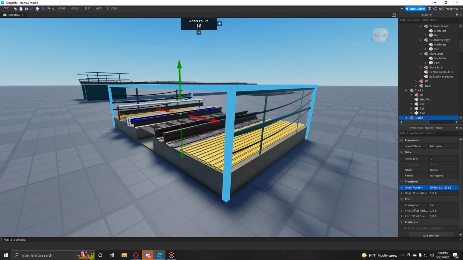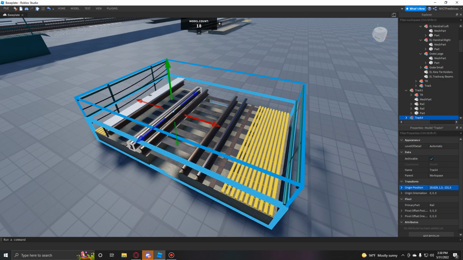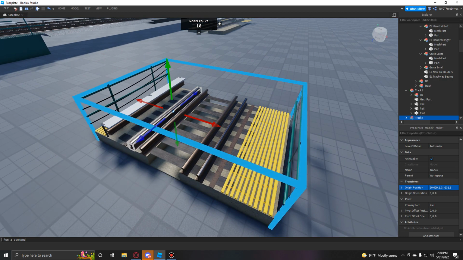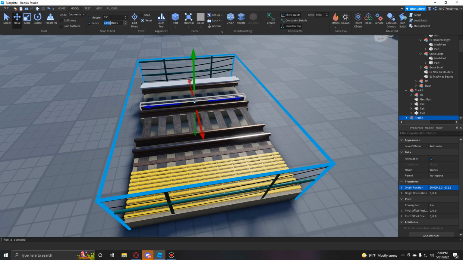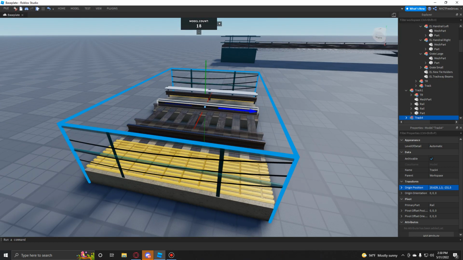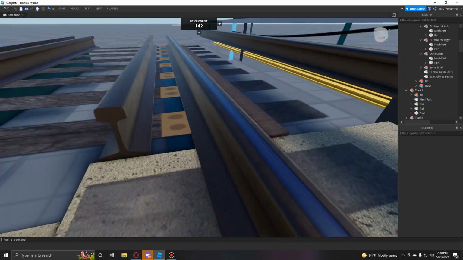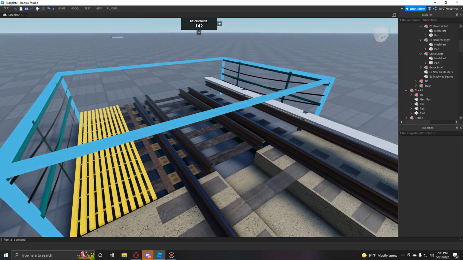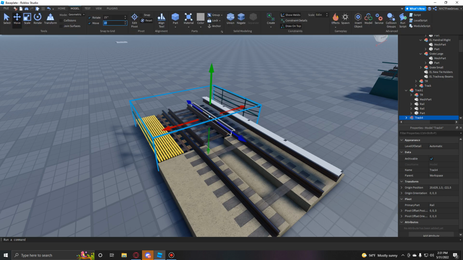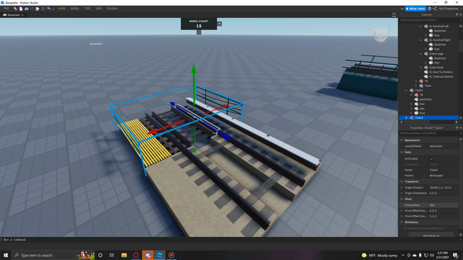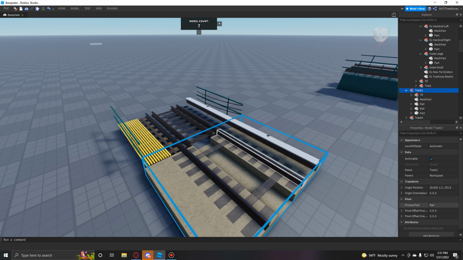Now, you may not see it well, but essentially, these rails are in the correct position now. If I was to move this up by 10 studs, you'll see they're in the perfect position, not even an increment off. Now, if I was to reset this, or actually, I can't do it through there. I have to actually take off the primary part here from both of these,